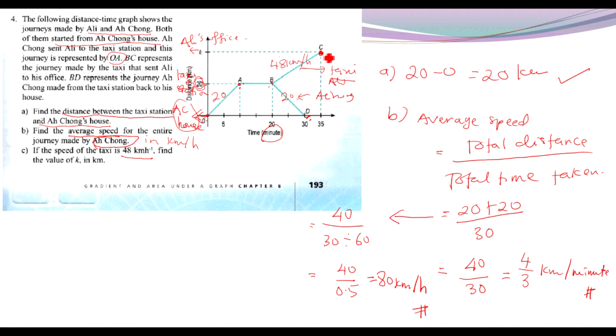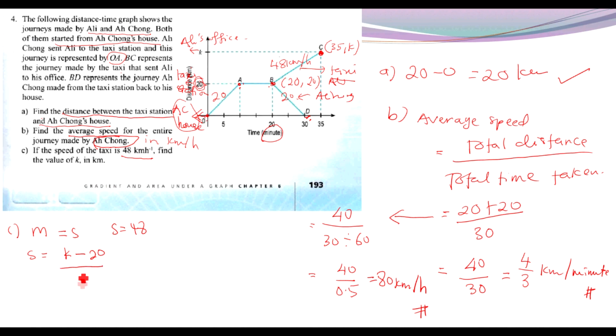Let's check. This point C is 35. The B here is 20. Okay, 20, 20, right? So gradient, question C, gradient equals speed. So speed equals 48. Speed equals K minus 20